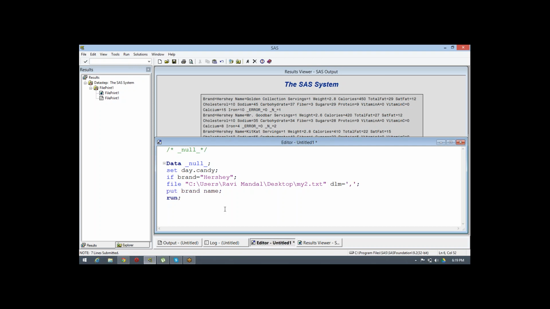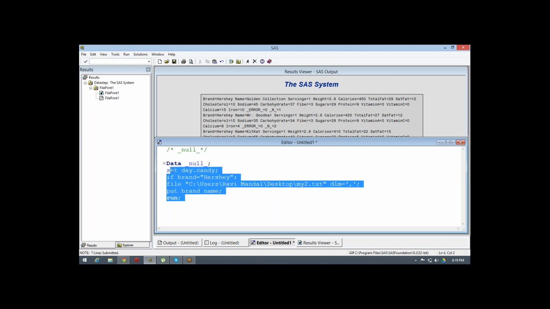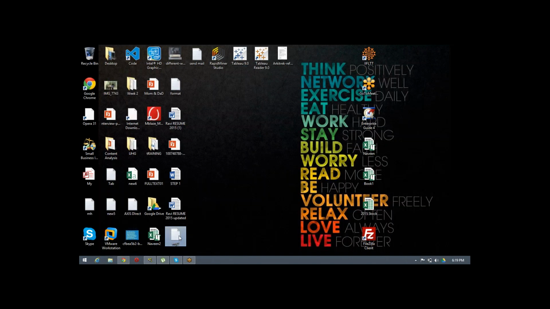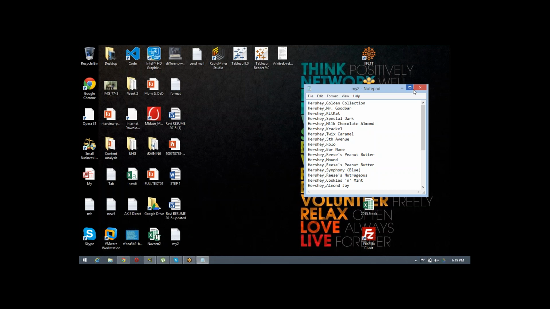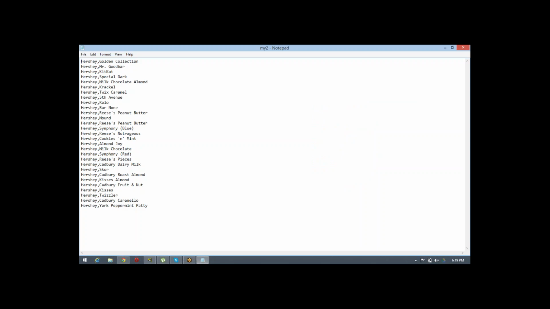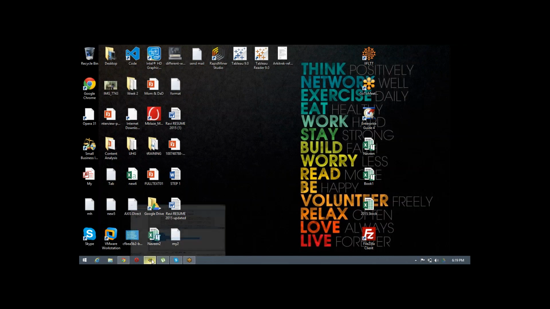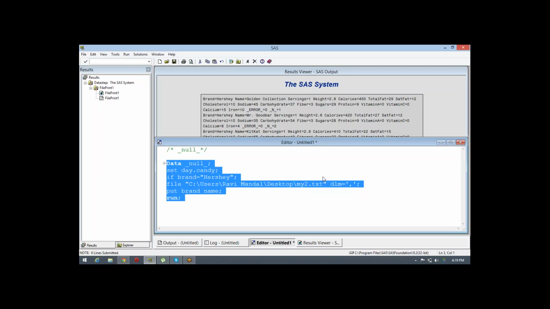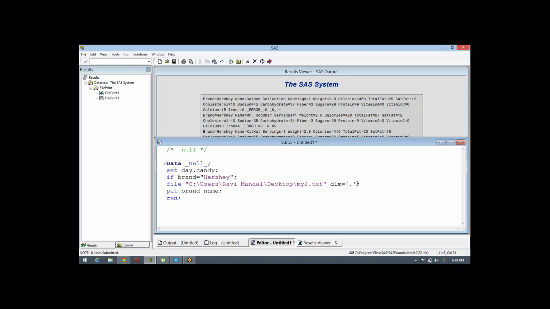Now this is a specific question always asked in your exam. They'll write it like this, with whatever delimiter they provide, and they'll ask what type of output will get generated.